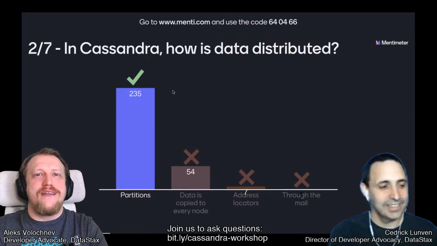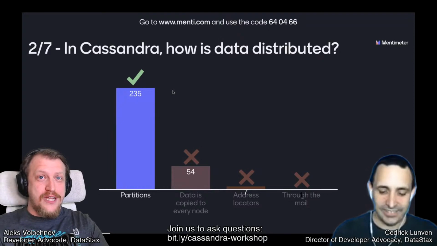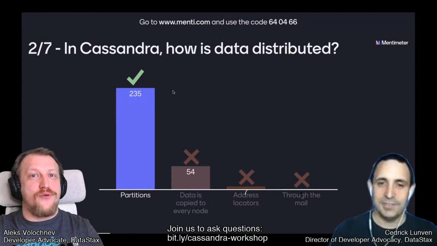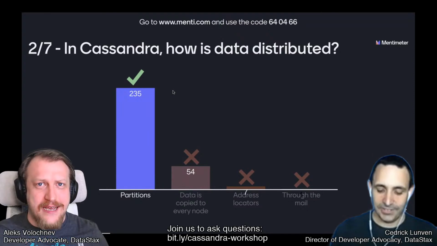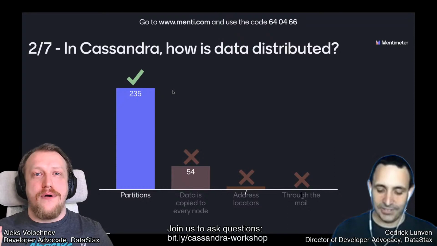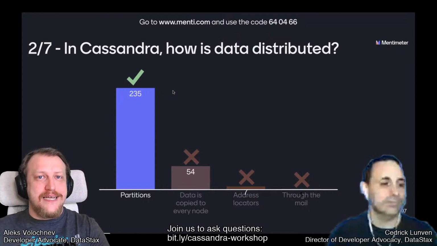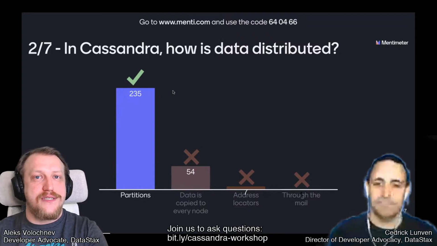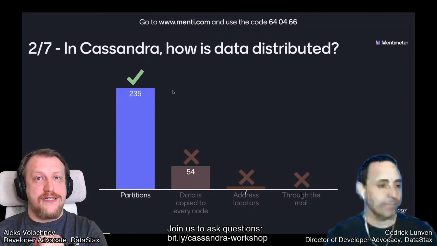Apple has more than 100,000 nodes, close to 200,000 nodes. Do you think they copy their data to every node, so every node has the same data? That obviously makes no sense. So data is copied to every replica node. Every replica node is responsible for the set of data it stores. So you copy data as many times as your replication factor.